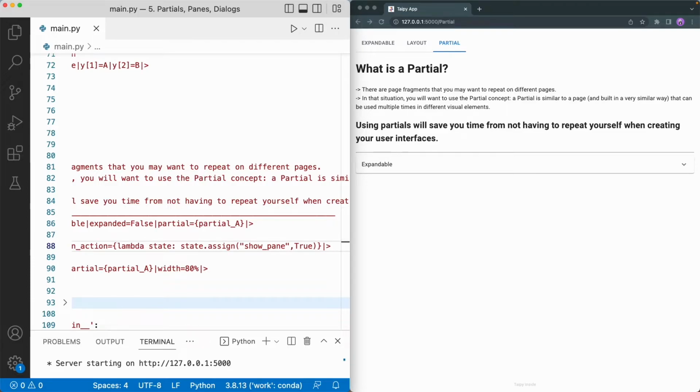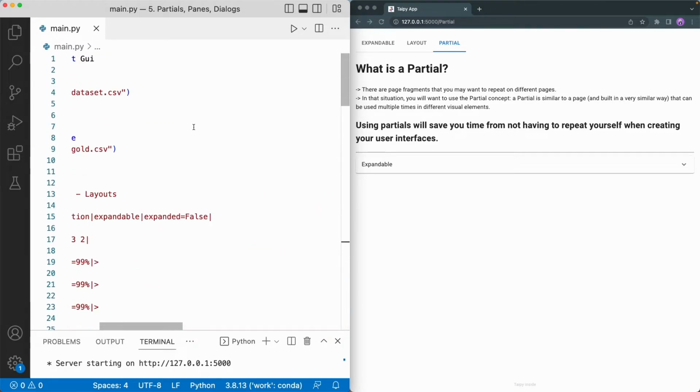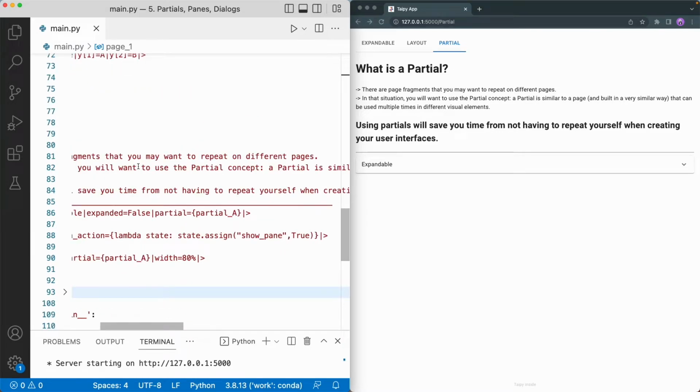Now we set the show variable to false, which would make our pane hidden, and assign a lambda function to evaluate the show pane to true when the button is clicked, and that's it.